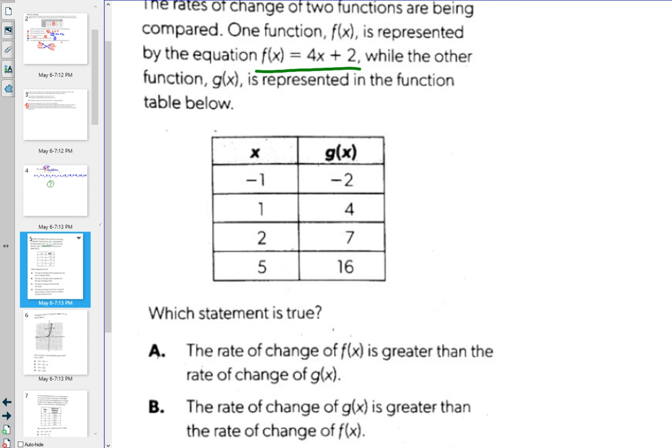function. They give you an interval. Rate of change is greater than the rate of change of g of x. You'd have to, I guess, check the slope, because here the slope is 4. That one's obvious. The rate of change is going to be 4. That's what rate of change means. The slope. The other ones you have to take turns. You'd have to take the slope of these two, these two, these two,